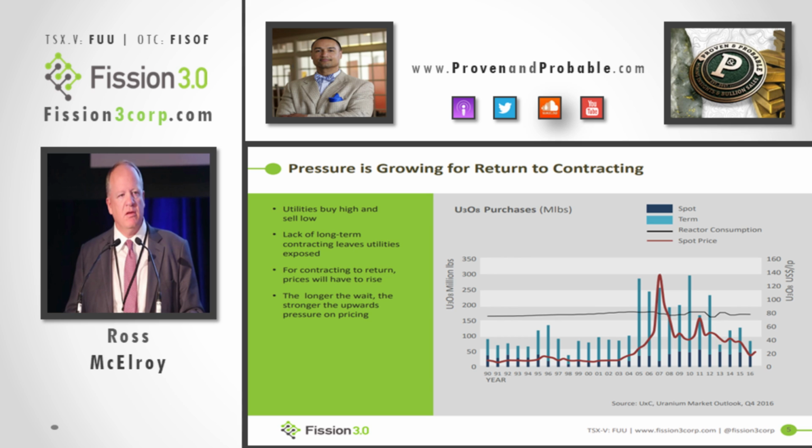The peak at 140 didn't last particularly long, but it had a slower decline until about 2008, 2009. It stabilized, and then it peaked back up again. But it was holding steady. This is the point I would want to make, that we were starting to see a sort of steady state price of between $50 to $70 a pound. And then the Fukushima event hit in 2011, and that really threw the whole pricing structure right out the window, and we've been working on our recovery ever since.